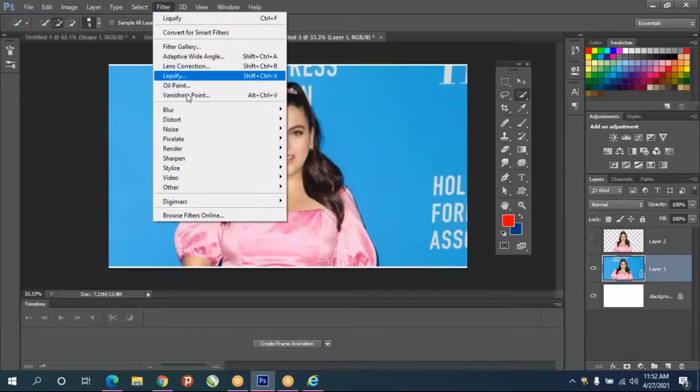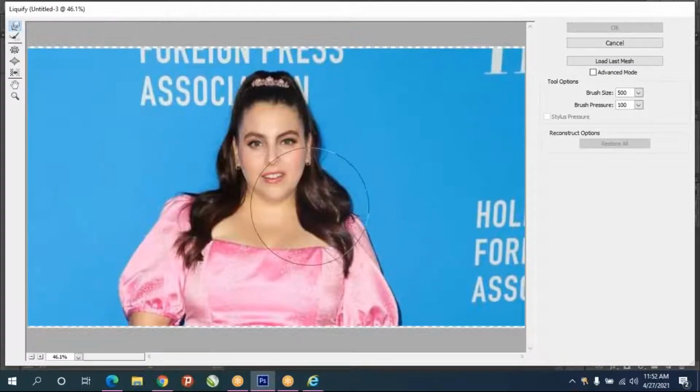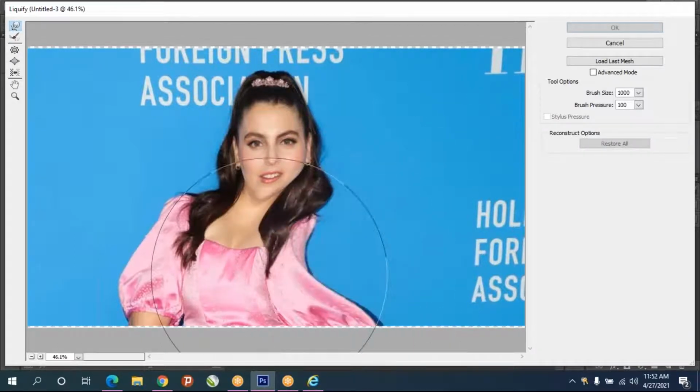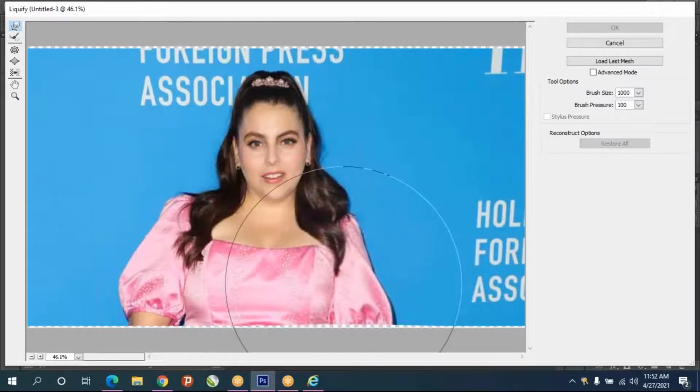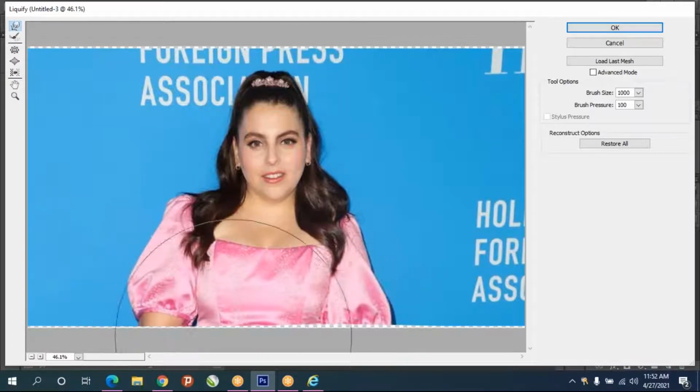Go to filter menu, liquify. In that liquify, just increase the brush size and slowly, not too much, a little bit this side, a little bit this side. So now, who can identify the difference, whether it is photoshopped?